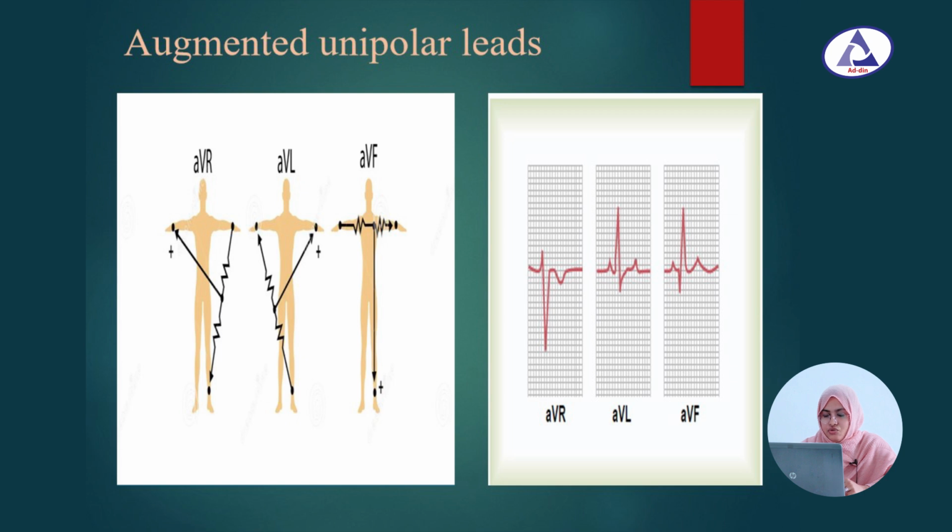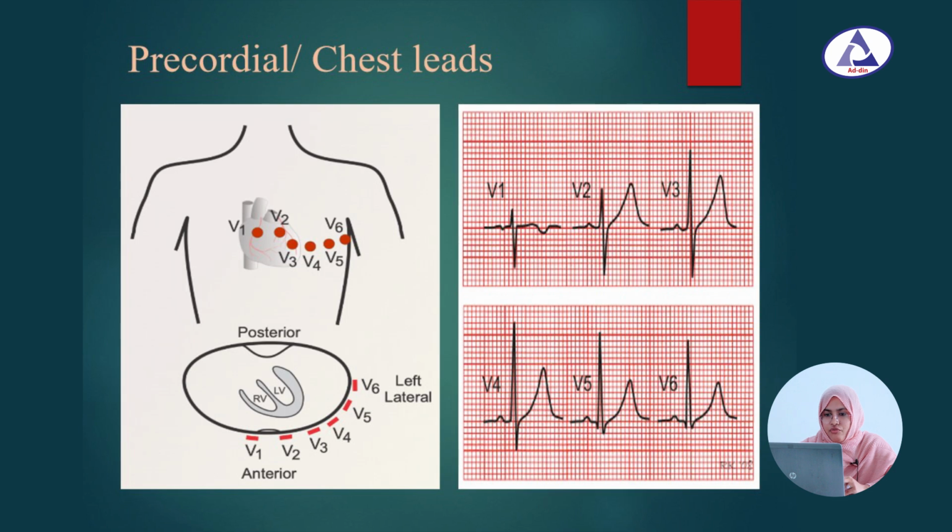Again, this picture is showing the pattern of cardiac activity of the heart that is recorded via these augmented limb leads. Last of all, the precordial leads or chest leads. Here V1, V2, V3 and V4 are called anterior leads, V5 and V6 are the left lateral leads. This picture is showing the electrical activity of the heart that is recorded via these precordial